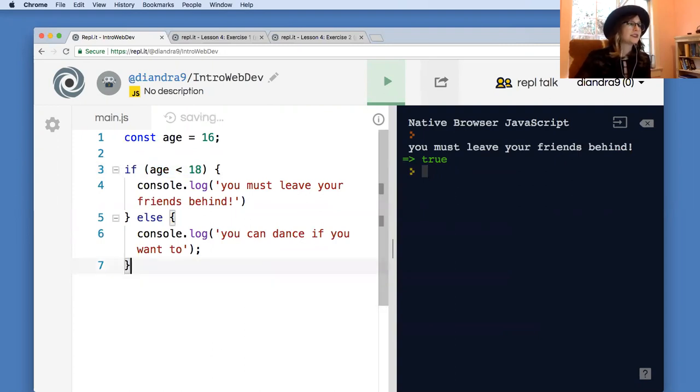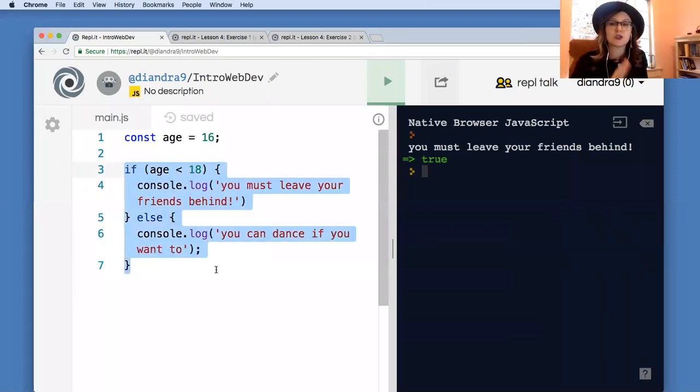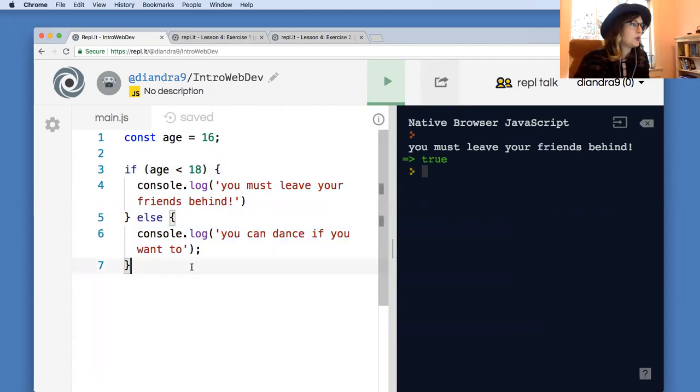All right, let's come back to this dance club example. So what if the dance club has alcohol? That's another condition, right? So now we have a few different options, because if you're under 18, you can't come in at all. If you're 18 to 20, then you can come in, but you can't get drinks. But if you're 21 or older, then you're permitted, you can get drinks, all's good, you know, party, party, party. So if-else statements only work for two options. It's an either-or. But that doesn't mean that we're out of luck if we want three options or four options. So we might say,